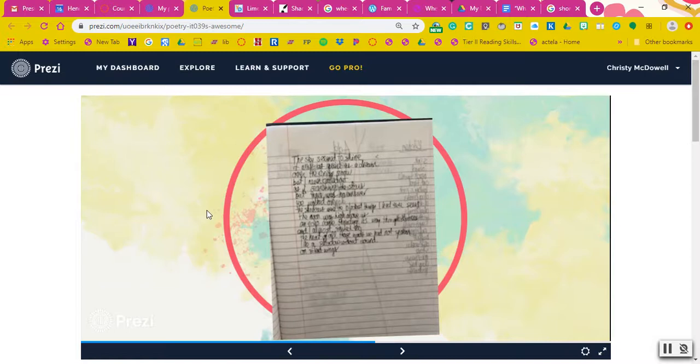Some books lend themselves to found poetry better than others. Jane Yolen happens to write in a very strong, figurative style of writing, and so her works lend themselves to found poems very well. Other books aren't going to work as well. They're not going to sound poetic, but that's okay. You can always rearrange the lines. This is a great gateway into revision, teaching students how to revise poems to make them sound better.